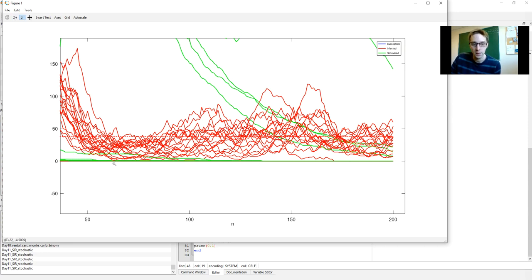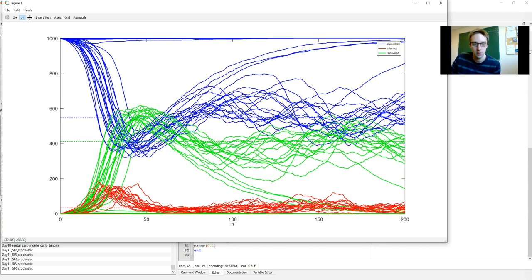And once that happens, once there are no infected people, what you'll see is that the number of susceptible people will rise as the number of recovered people fall. So as people are getting better, we see that the number of susceptible people approaches the entire population. And so essentially the population as a whole loses its immunity due to the fact that people are no longer being exposed to the pathogen that caused this.